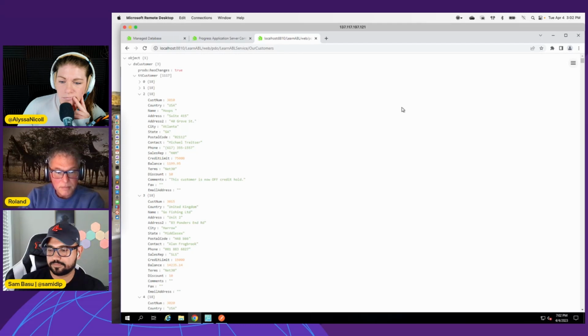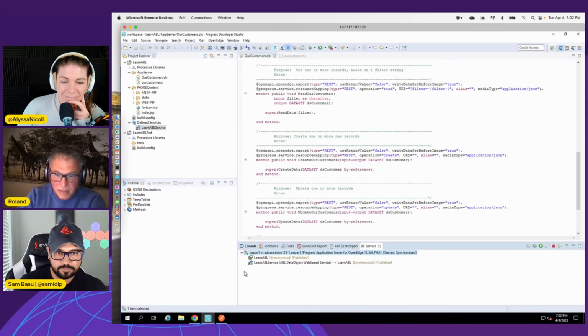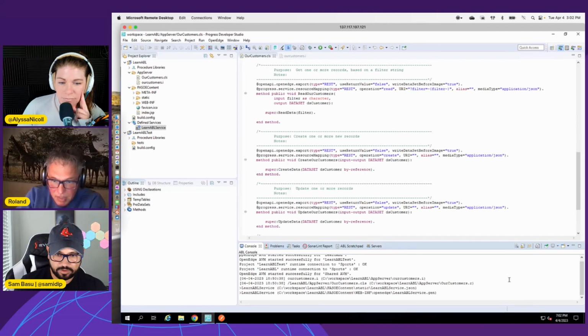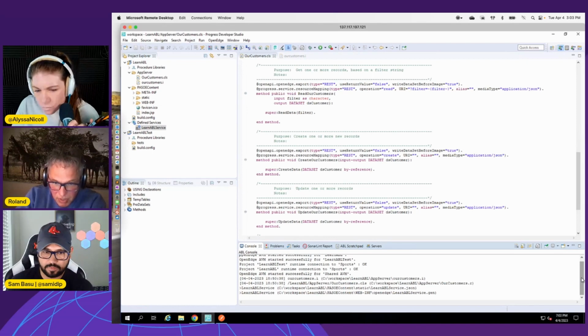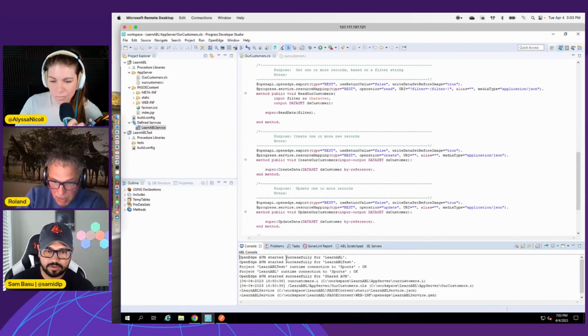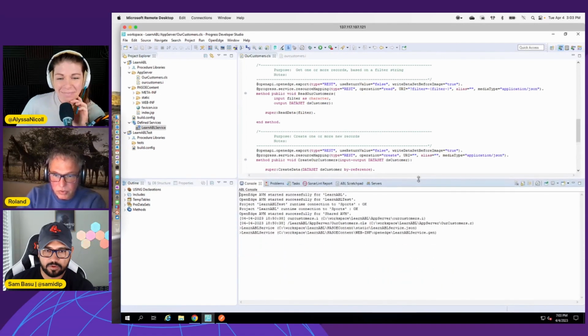JSON format. You can check that if you now go to Developer Studio. There's a console at the bottom, just like servers. Console. Okay. And then you can see what it did when you started all this. It did a compile, generated the JSON file, the Learn ABL service.json, and a .gen file, and that's all been deployed to Tomcat,